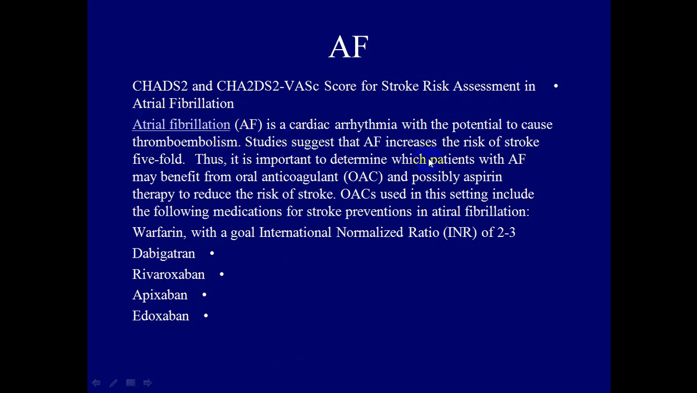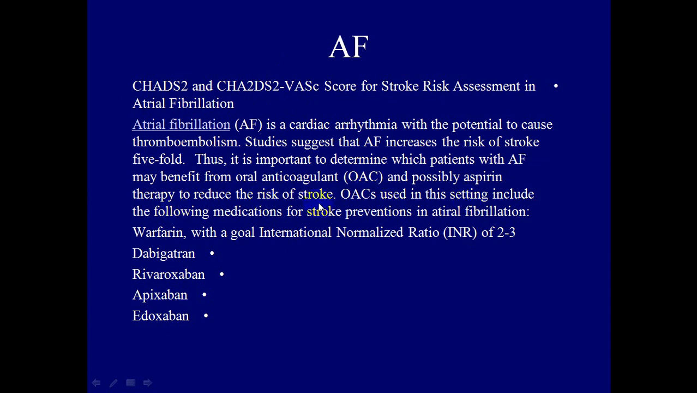So, CHADS2 or CHA2DS2-VASc score for the stroke risk assessment in atrial fibrillation. It's a cardiac rhythm with potential to cause thromboembolism. Studies suggested that atrial fibrillation increased the risk of stroke 5-fold, 5-fold from the non-atrial fibrillation risk of the stroke or transient ischemic attack. Thus, it is important to determine, according to the CHADS2 or CHA2DS2-VASc, which patient with atrial fibrillation may benefit from oral anticoagulation and possibly aspirin therapy to reduce